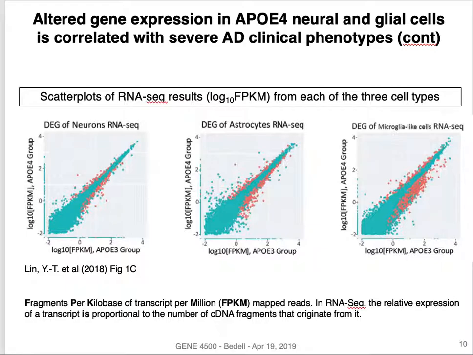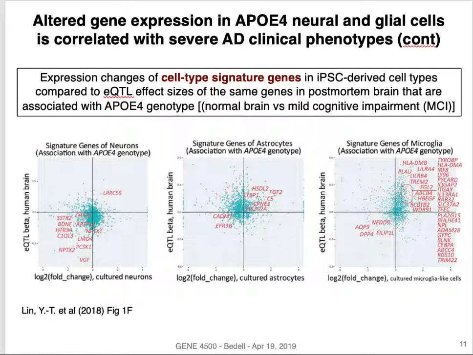And then kind of doing the same thing, just plotting it differently. But now what they're doing is comparing each of the three different differentiated cell types, neurons, astrocytes, and microglia, against genes that are expressed at differential levels in post-mortem human samples, human brain. Okay, now they didn't have Alzheimer's patient brains, but they had